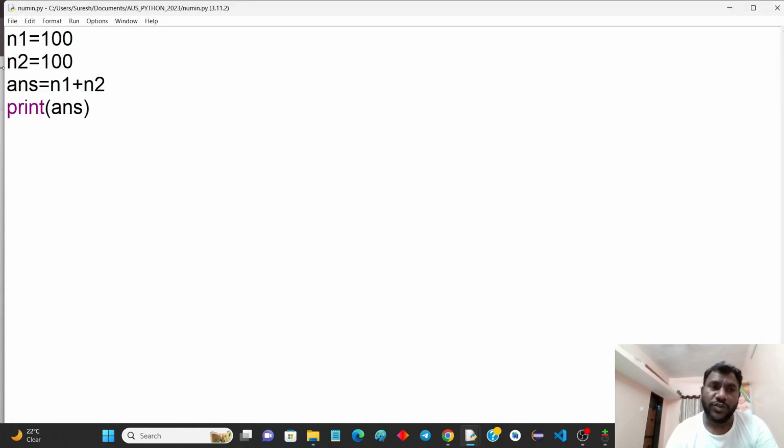As we know, there is no need to use the data type in Python. So n1 is considered a number because we are storing that number directly, and n2 is a number that we are also storing directly. So we did n1 plus n2, and it is printed as output 200. So that is a basic program. It is okay. But if you try to take this input from the user